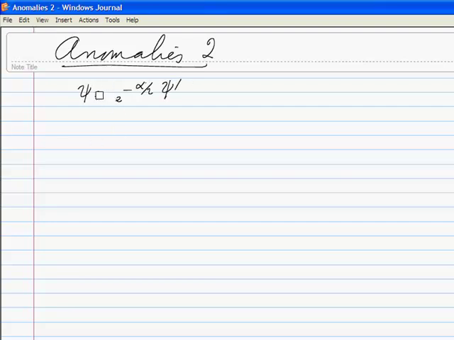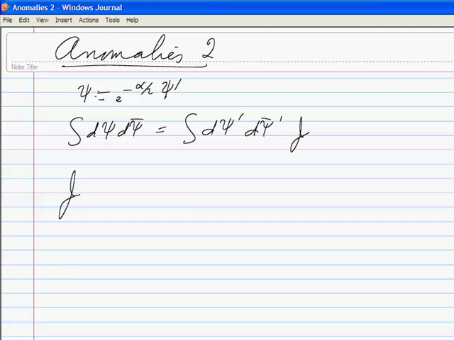So we changed from psi to psi prime, and we had d psi bar d psi equals d psi prime d psi bar prime times a Jacobian, and the Jacobian we had calculated was